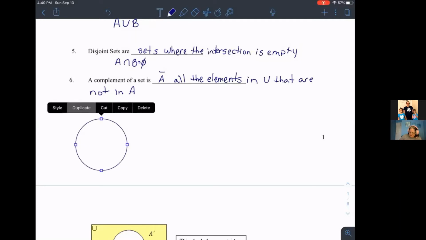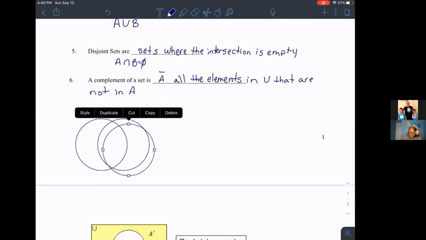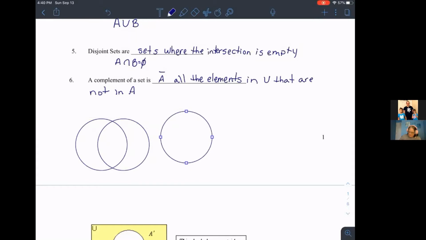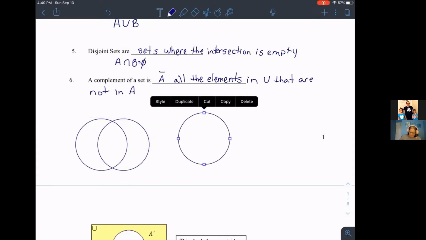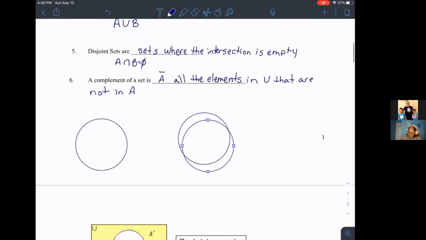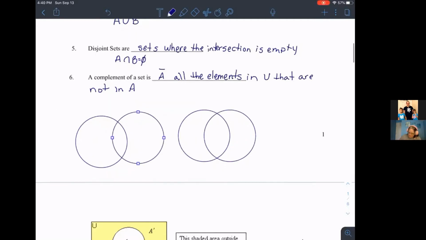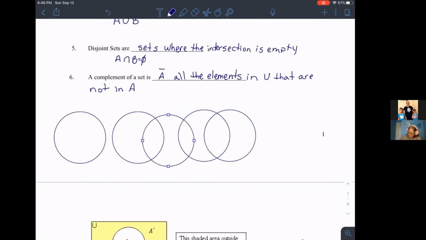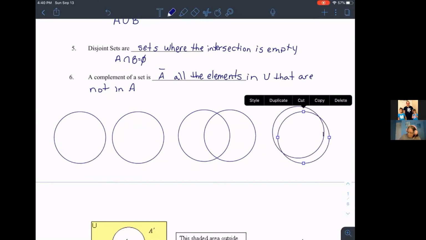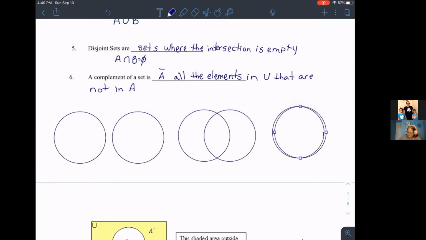Let's duplicate it. Let's duplicate it again. Let's move that one there. Duplicate this one. Duplicate, move that one over there. Okay, so we have,